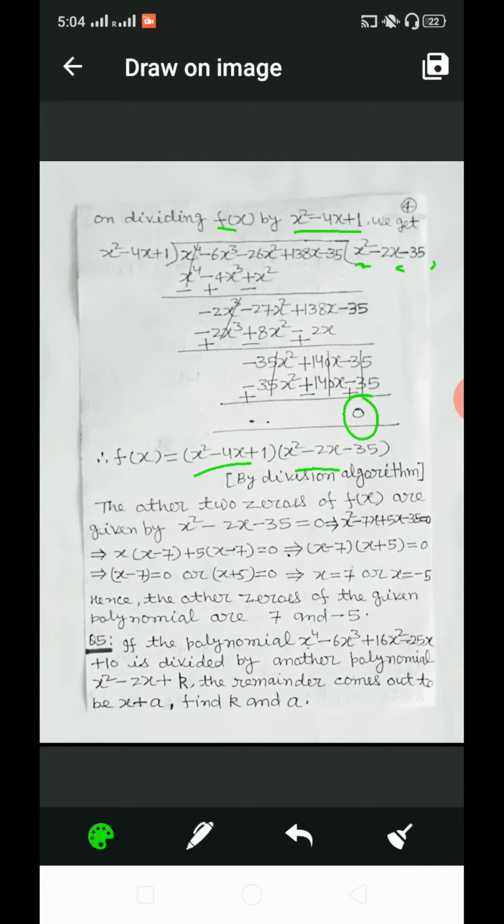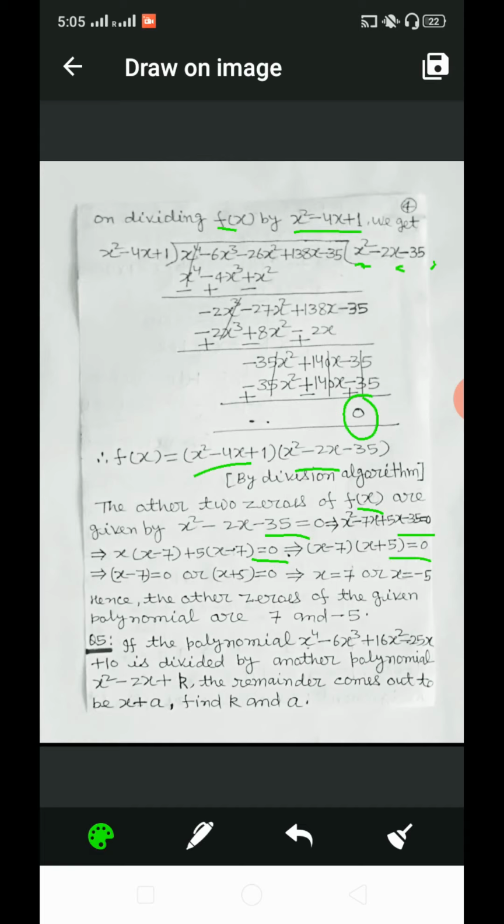Dear students, the other two zeros of f(x) are given by x square minus 2x minus 35 equal to 0. Factorizing this, we get x square minus 7x plus 5x minus 35 equal to 0, and we take x common. From x square minus 7x we get x into (x minus 7), and from 5x minus 35 we get 5 into (x minus 7) equal to 0. This implies that (x minus 7) into (x plus 5)